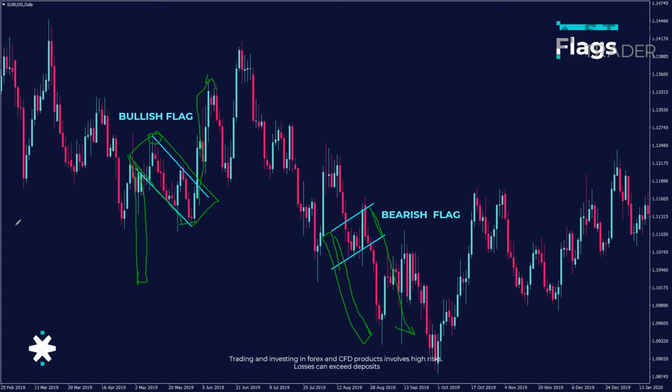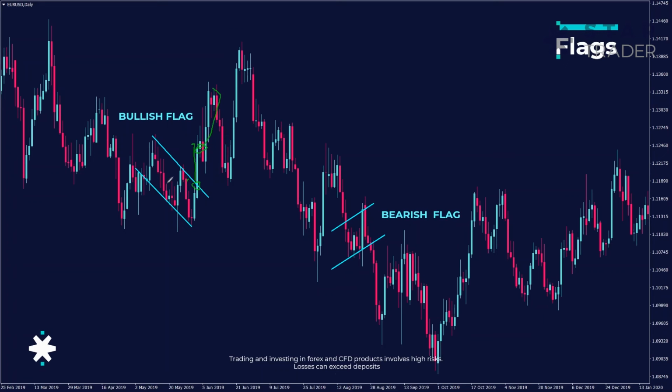Usually flags are not really accurate, but at least they will give us a hint. We will be prepared for anything that happens. Usually when you see the flag, you don't trade, you don't buy or sell until the flag is confirmed. So if I notice the flag here, I will wait until the flag breaks this level. Yes, it broke this level and went up, I can buy here. So the market will continue up.